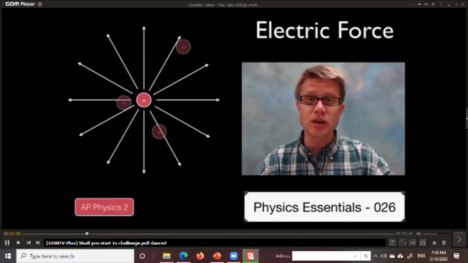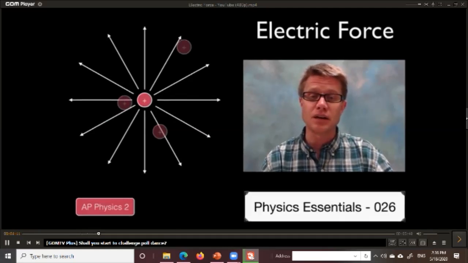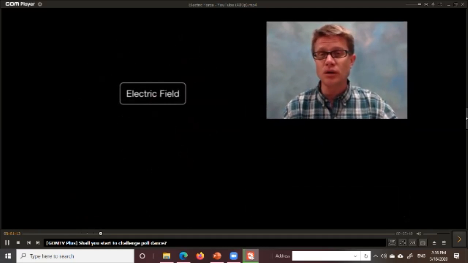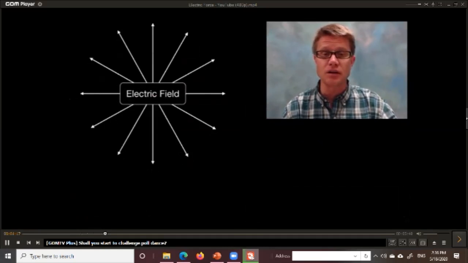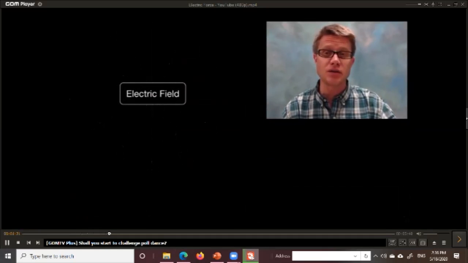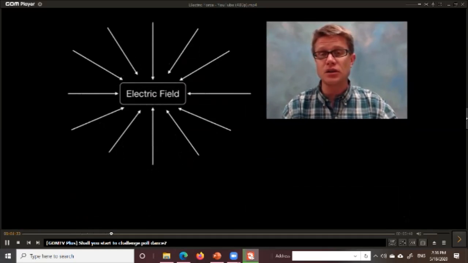And if you put any object inside an electric field, it's going to experience an electric force. And that's going to cause an acceleration in the opposite direction if it's a positive charge, and towards that charge if it's a negative charge. And so you should be able to understand how an electric field is set up. If we've got a positive charge in the center, the field lines are going to move away from that. And by convention, if it's a negative charge on the inside, the field lines are all going to point towards it.